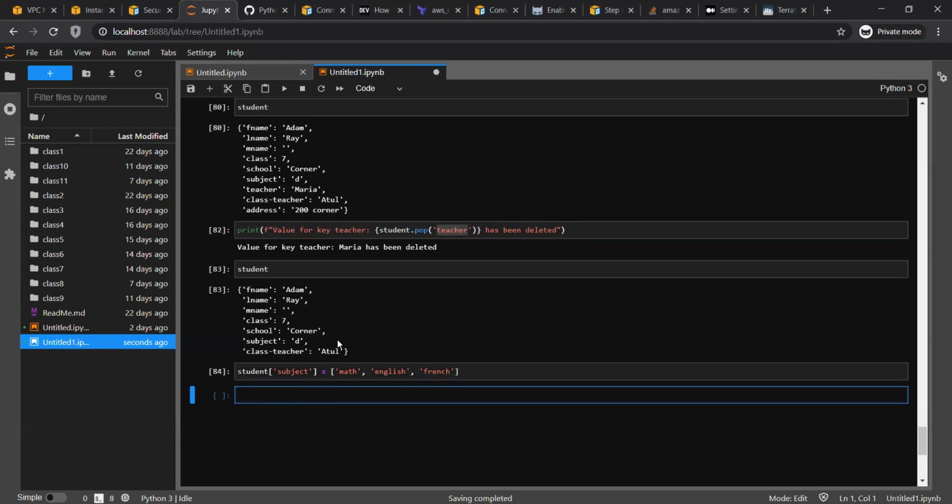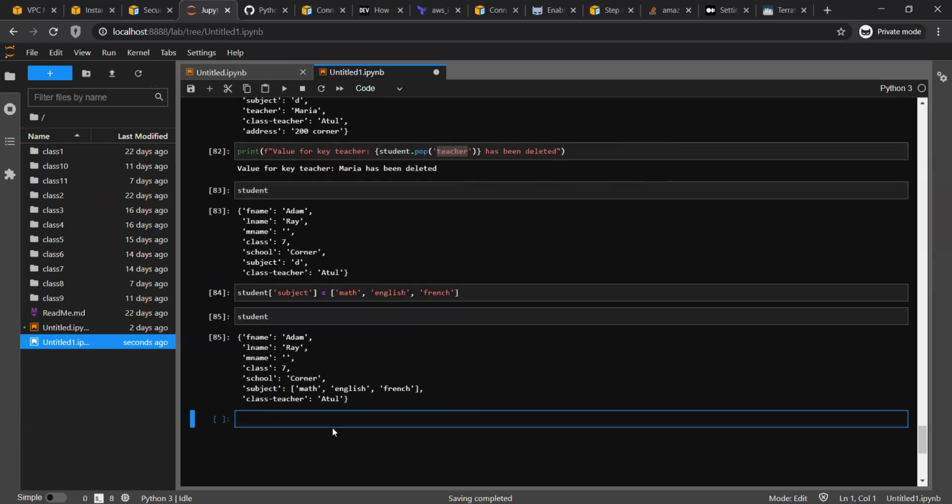Okay, if I run this and if I run student, the key is subject, and obviously no student has one subject, so you can assign a list as well. Even a dictionary as well. So how will the dictionary work?